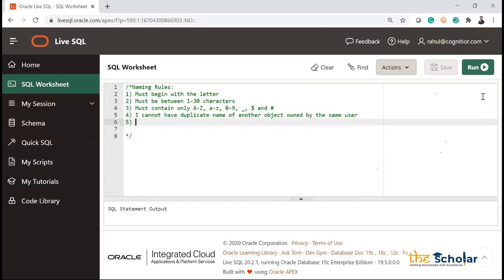And finally, I cannot use the keywords, right? If you guys remember, in Python also we had a discussion about the keywords: if, else, for, yield, and a lot of keywords were there. Same way here also we will have some keywords like select, where, all those different keywords which we have. I cannot use those keywords as a table name, which makes sense, right? These are like Oracle reserved keywords, and Oracle reserved keywords cannot be the object name. Okay, so these are the naming conventions which we have.